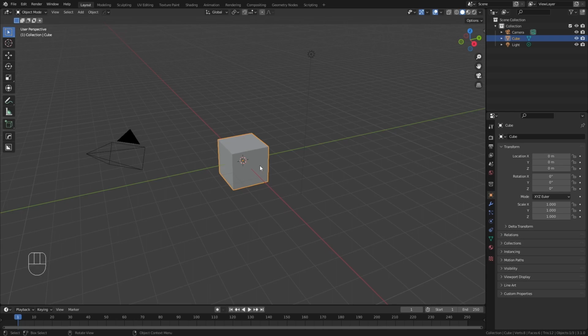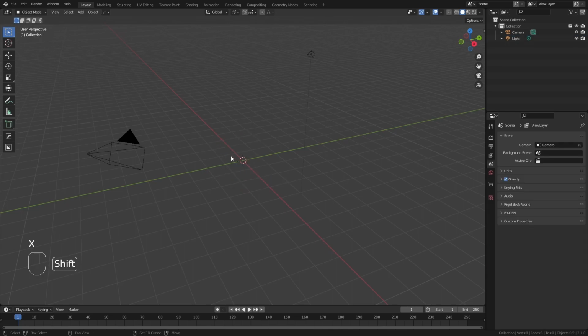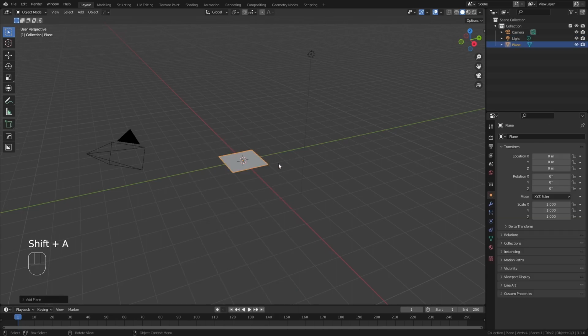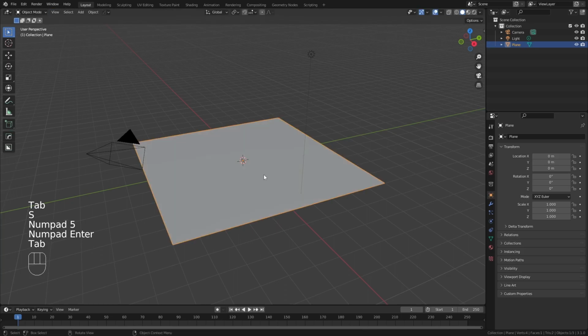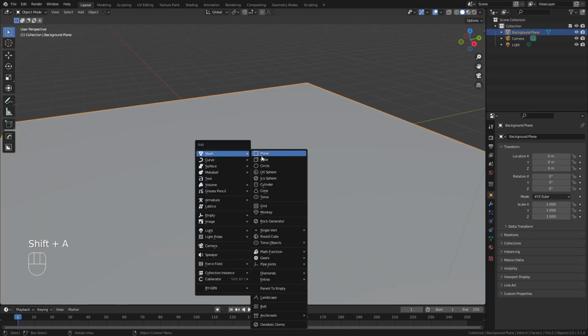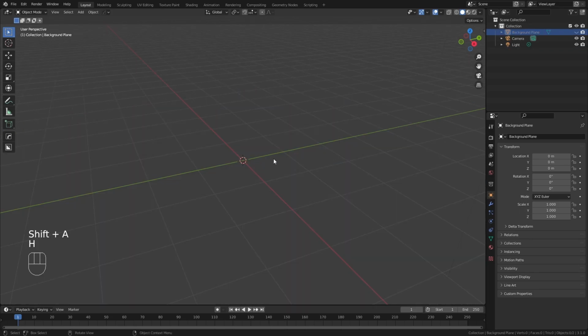Won't save. And I'll simply start by deleting the default cube, adding in a simple plane with Shift A. We'll go ahead, tab into edit mode, S and 5 to scale up, and this will just be our background. I'll label things as I go, just for the sake of argument, and have everything be a little bit cleaner. So, background plane. And from there, we're going to add in, well, actually, H to hide this first,